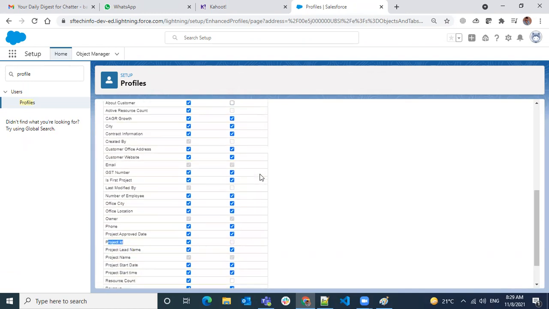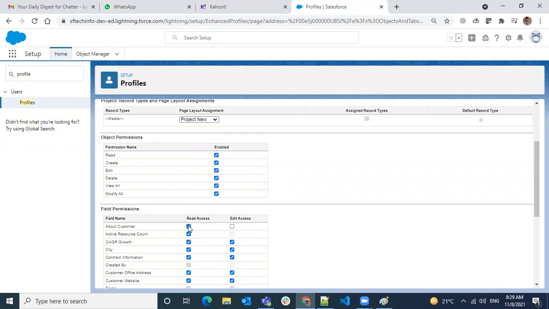Okay, and any questions here? If you remove even the read access, you don't see this field at all. Even though there is a field and you open the record, it seems like there is no field at all. And when you don't see a field, the possibility is you might not have added that field in the page layout. And even if you added it in the page layout, if you still don't see it, it means you don't have permission to read the field.